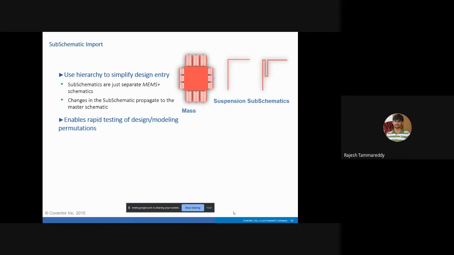Let us say in this example, suppose I have frozen the design, my mass and combs are finalized, okay? But I want to study the behavior using different kinds of spring models. So what we do, we create new schematics for different suspensions. One is an L-shaped suspension, one is a serpentine shaped suspension. So what we do now, using this subschematic import, next.